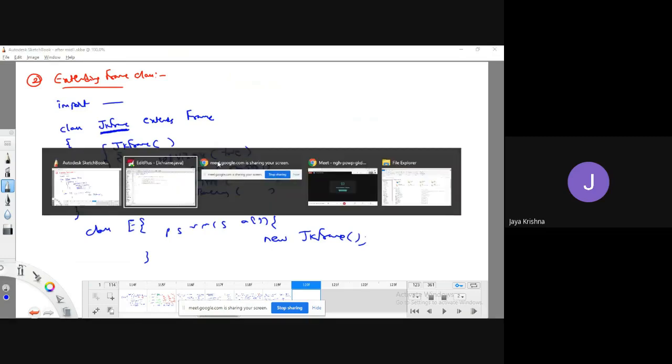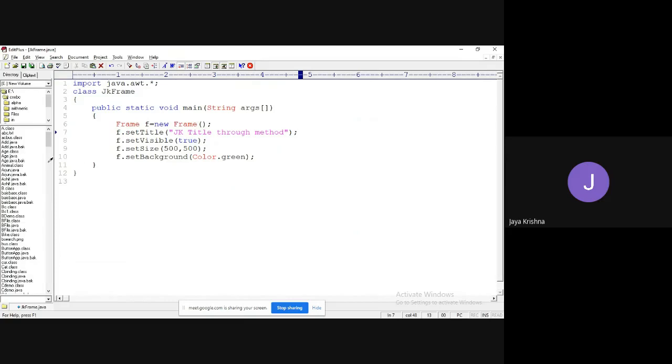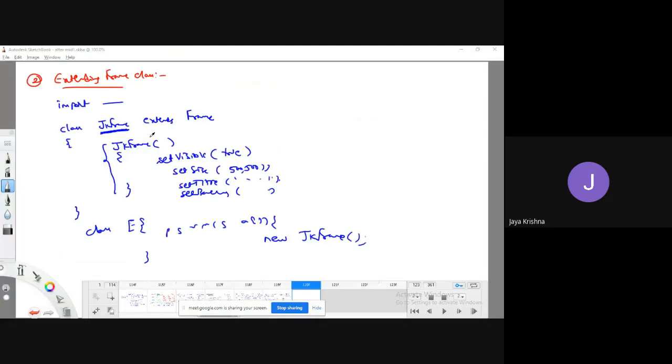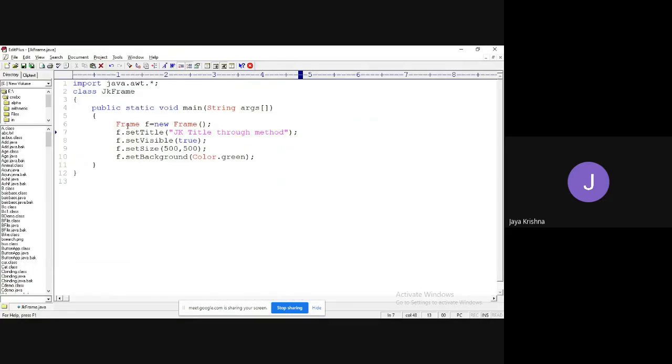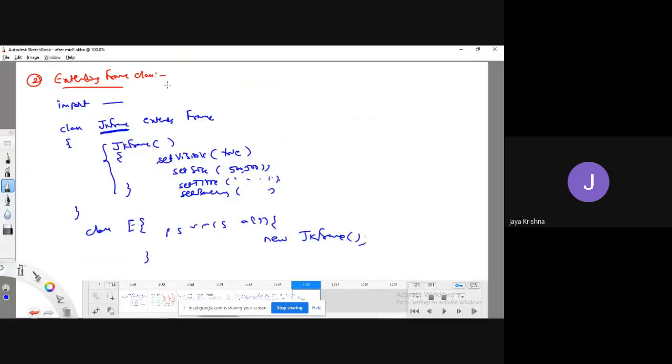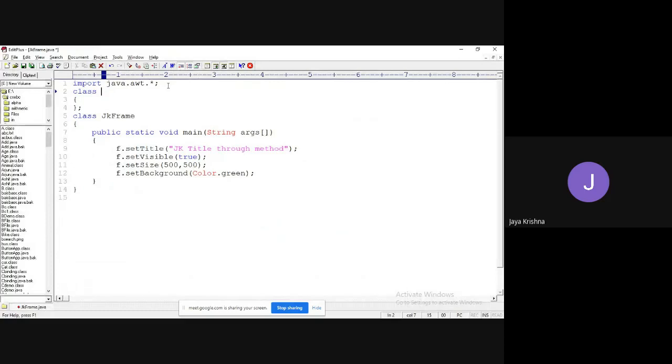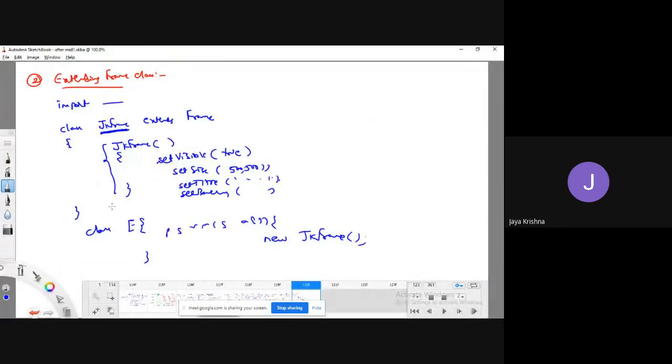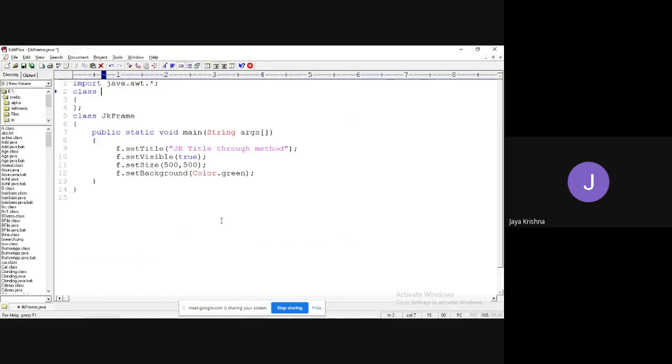So the another way is, instead of writing all this like that, I don't want that. I'm going to take a class. Sir, why are you taking two classes? Can we write in a single class? Yes, of course. You can write in a single class. I can write public static void main method here only and create the object. No need. You can write in any way. But my comfortable way is like this. That's why I'm writing like this.